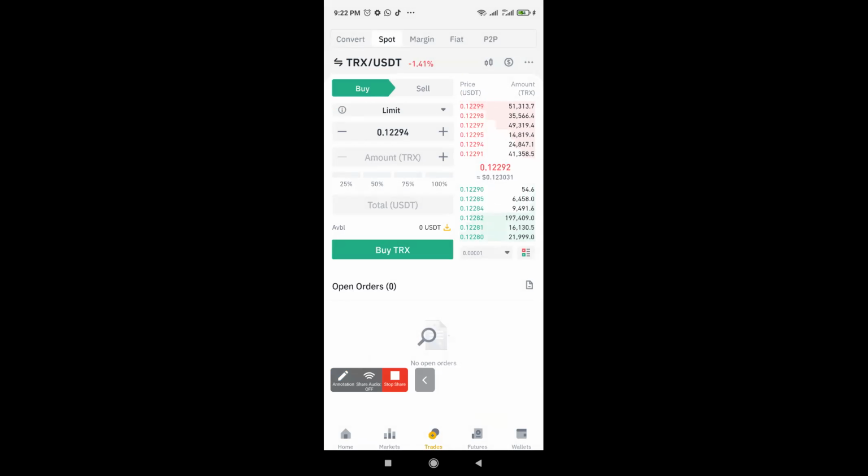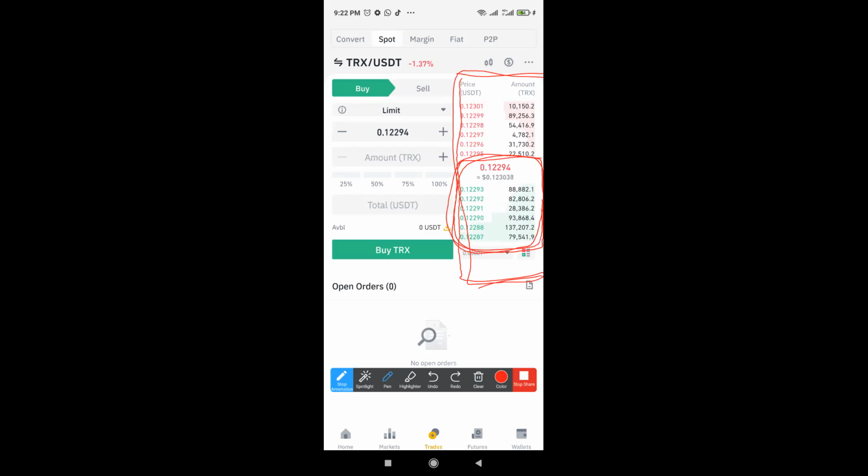Now, the next thing you will notice is something like limits. Before you buy, you need to ensure you know the price you are buying at. But let me just explain this part, don't let it ever confuse you. Nothing is happening here. This part is just showing you people buying and selling. This green part is showing you how much Tron people are buying and selling every second in real time. That's why it's moving.